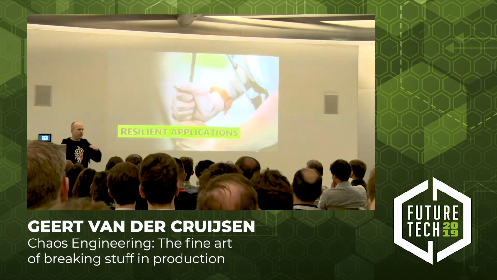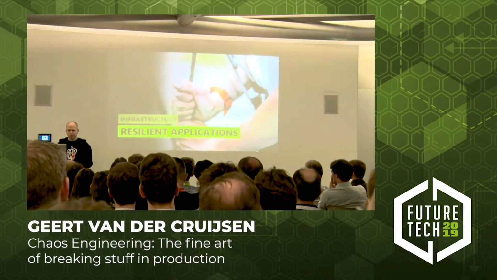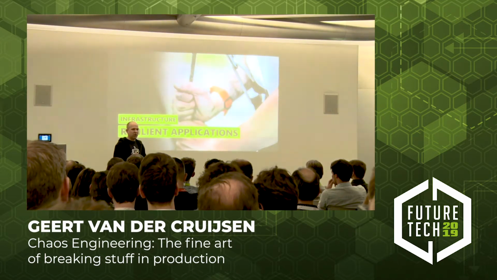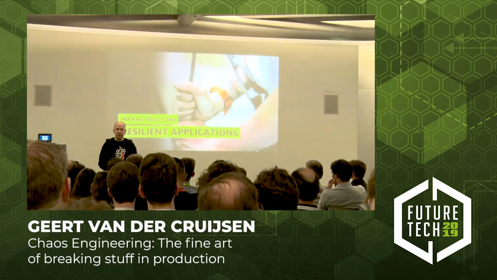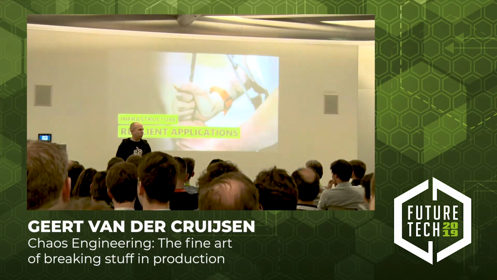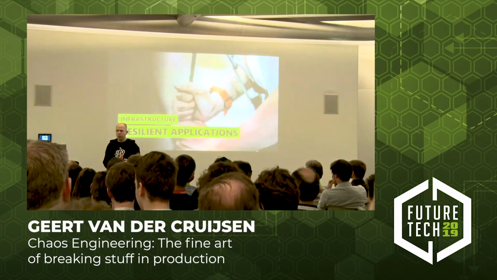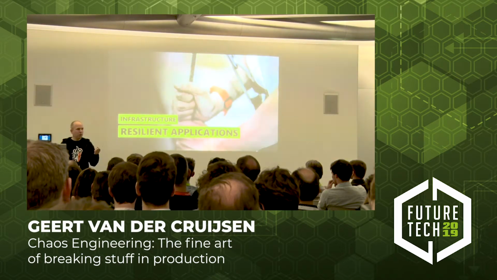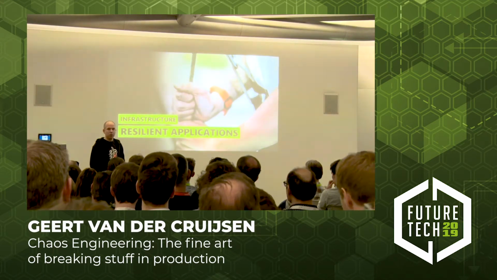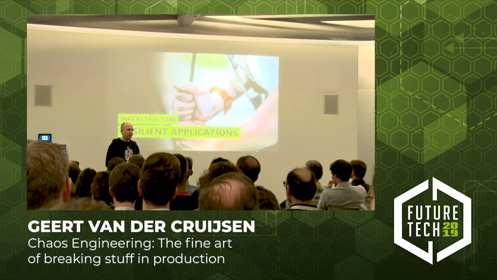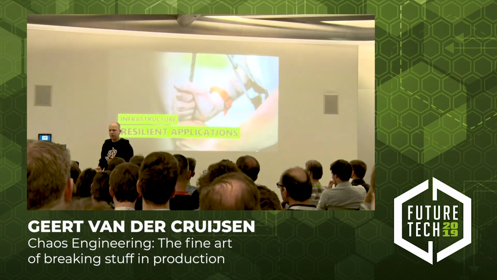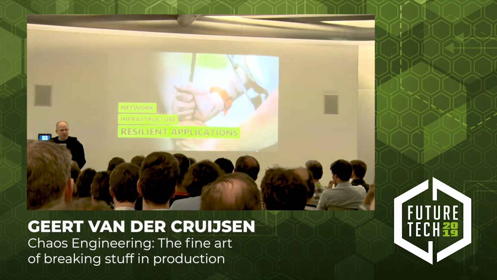So we want to build resilient applications, and we can do that on several different layers. The first one, of course, is infrastructure. Nowadays, we're building our applications in the cloud. It's fairly easy to have our infrastructure in multiple regions, multiple availability zones to have some failover techniques when something is down. We do have to keep in mind, though, that if you're using the same kind of infrastructure, for example, SQL Azure, there could be a bug in SQL Azure worldwide as well. So only different regions will not always help. Then we have the network.